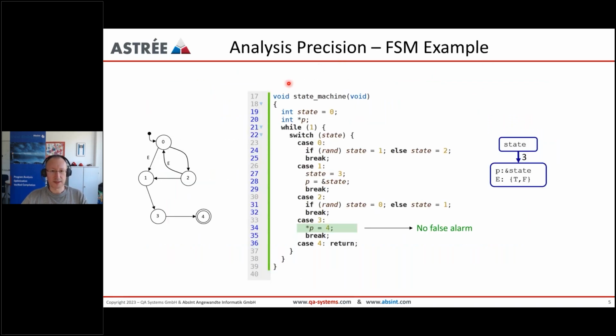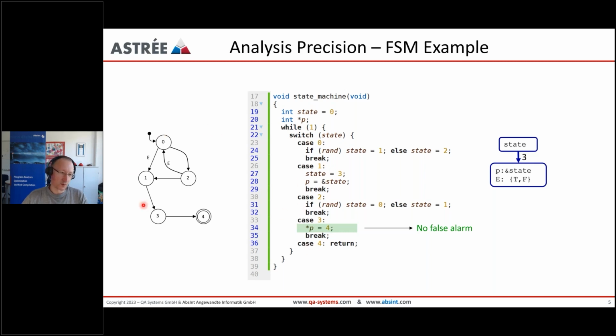This is essentially the example with the state machine Haydar has shown, and it has a classical implementation of a state machine. So it has an endless loop, and depending on the state you're in, you go to certain cases of the switch statement, which then also determines what to do next. So it's a bit hard to understand if you just look at the C code.